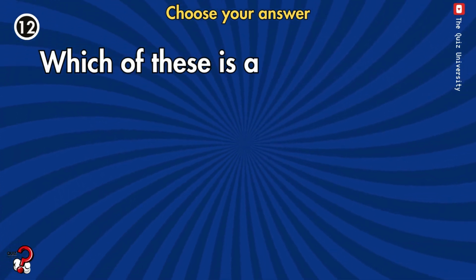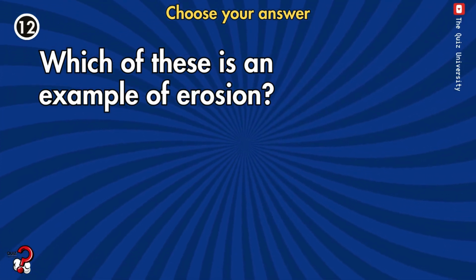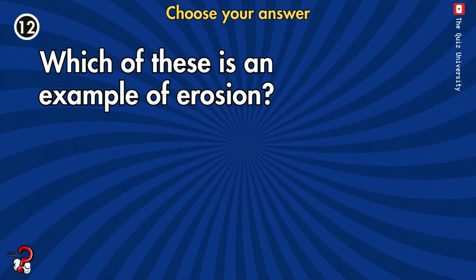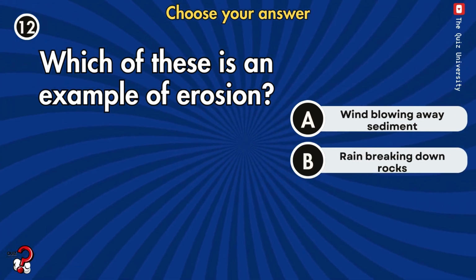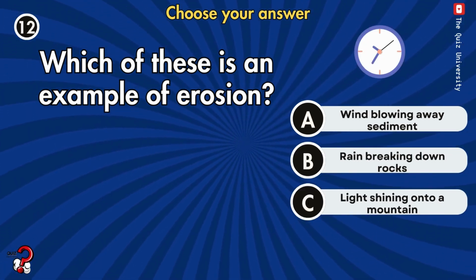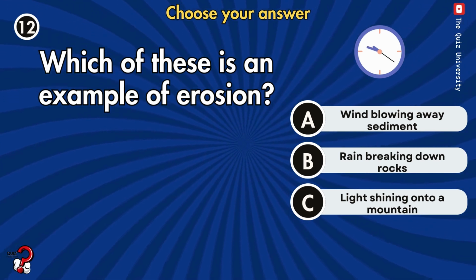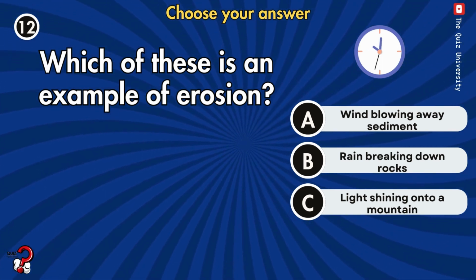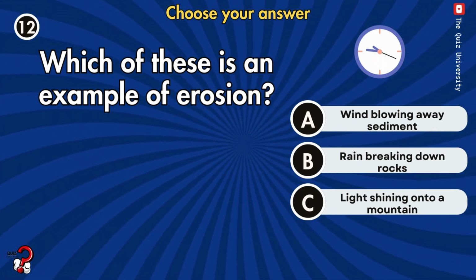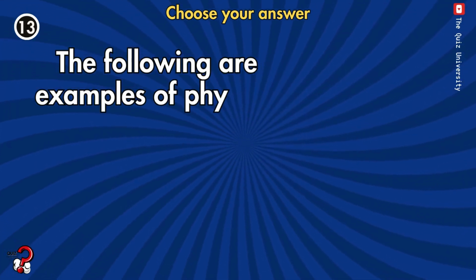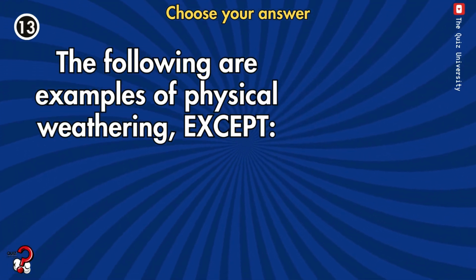Which of these is an example of erosion? The following are examples of physical weathering, except